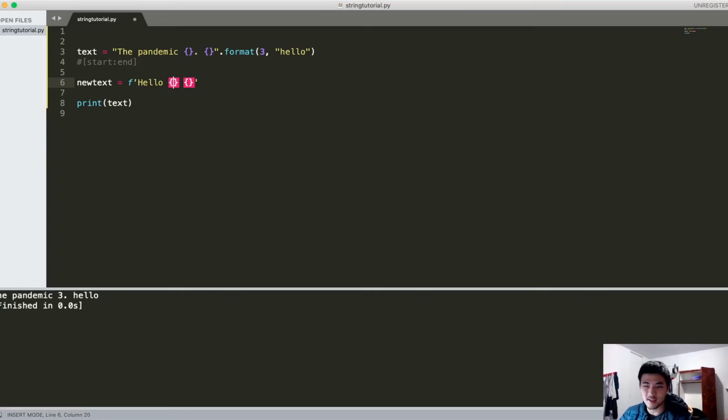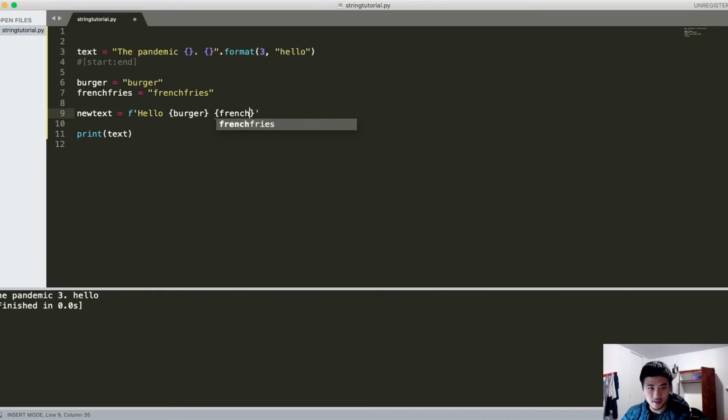I can actually write in variable names here. So say if I had burger, French fries, I can directly write the variable name in here, and Python will be able to understand, instead of writing the dot format, and then we have the comma and all that. So this is called an f string,